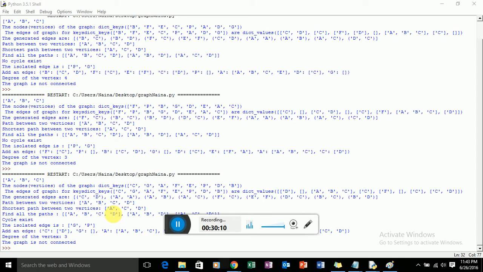So I have added an edge, and you can see for E there is an edge to A. In this way I have added an edge between them, and since this is an undirected graph, an edge between A and E simply implies there is an edge between E and A as well.